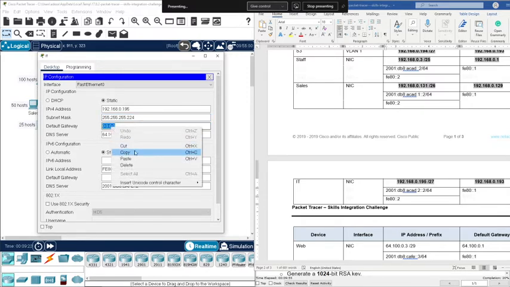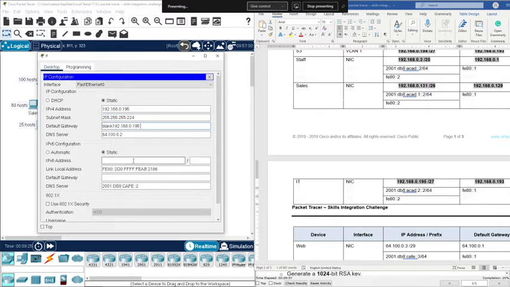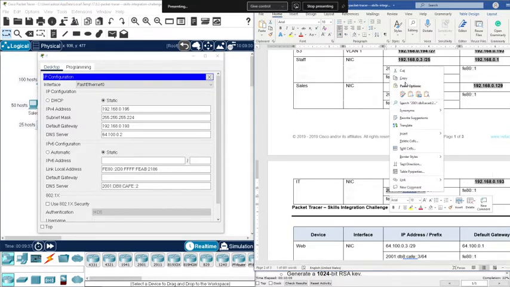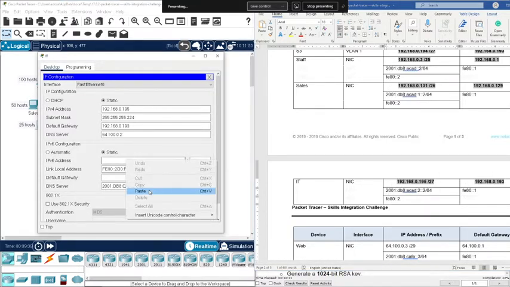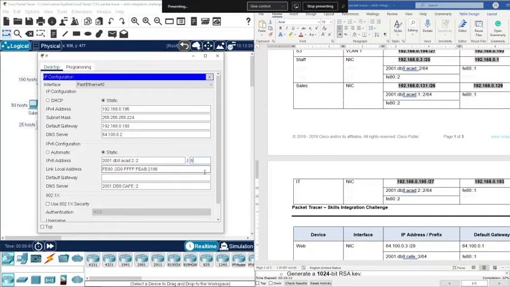Default gateway I have here 193. IP version 6, /64,